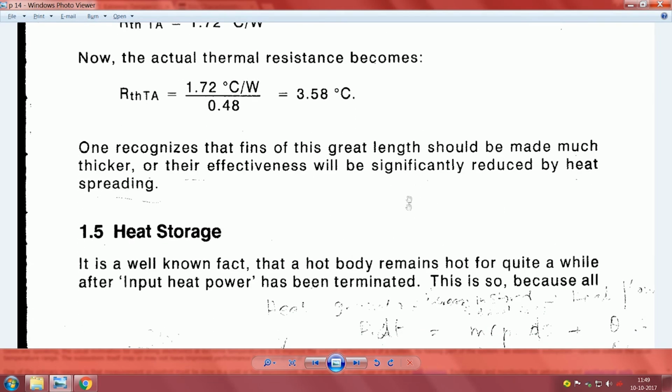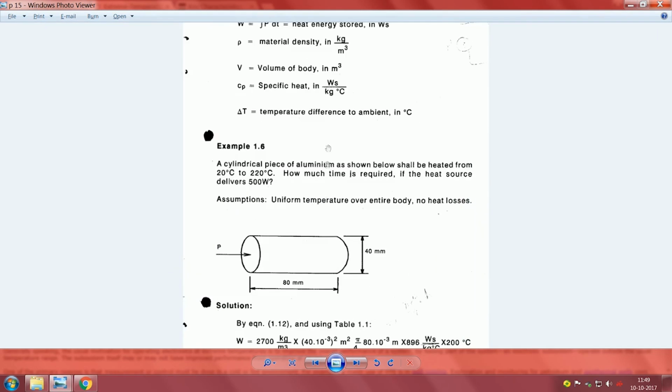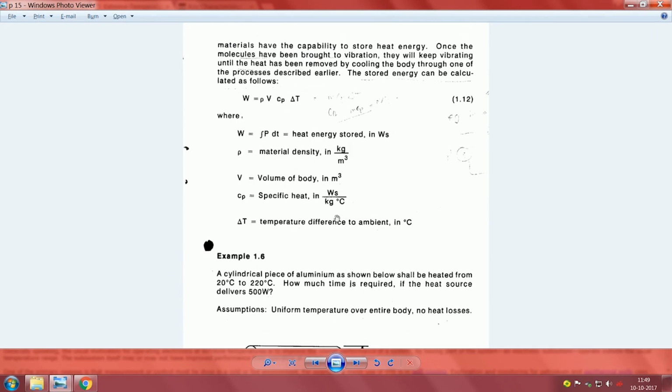I will repeat it again, and from here onwards we end up with the capacitive part of it, which, at least in my domain of expertise, is for a semiconductor person working with power dissipation and all that,